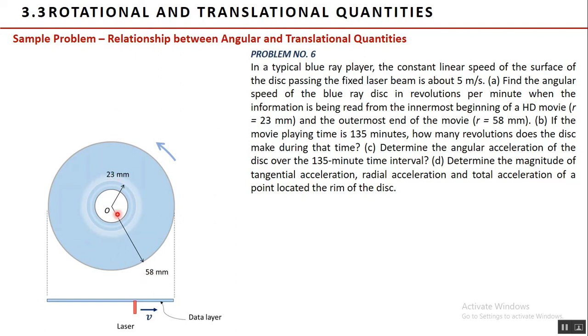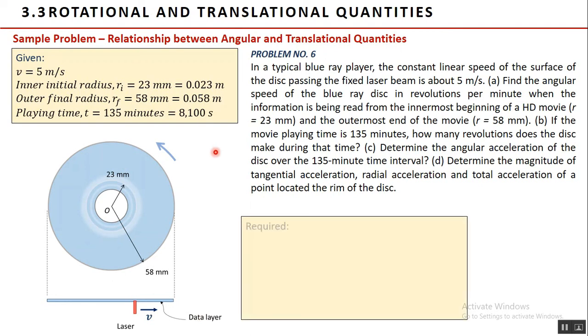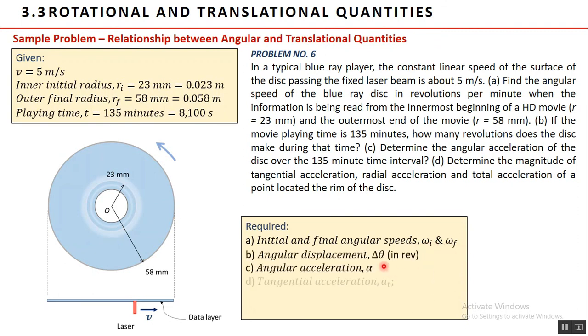The inner and the outer radii are 0.023 meter and 0.058 meter, respectively. This laser moves at a constant velocity of 5 meters per second from the inner radius towards the outer radius of the disc as it rotates, in order to read the data in which the movie is stored. The movie lasts 135 minutes, or 8,100 seconds. What we are going to solve are initial and final angular speeds, angular displacement, angular acceleration, tangential acceleration, radial acceleration,